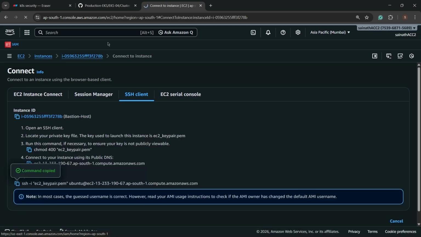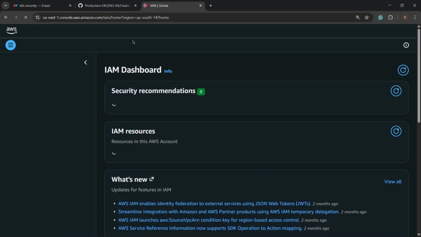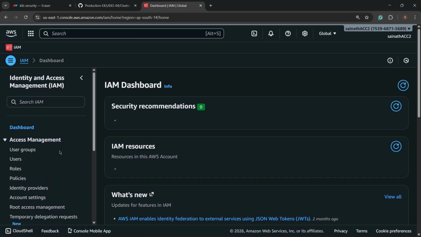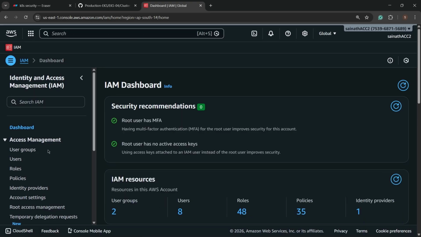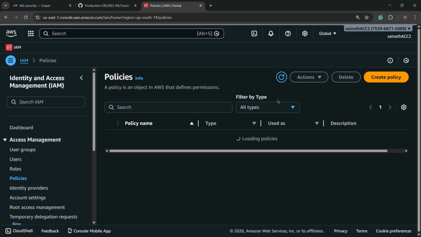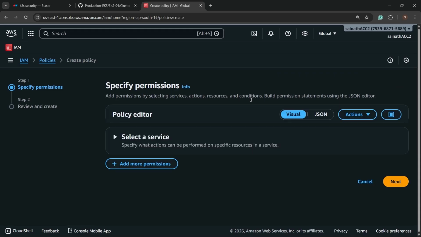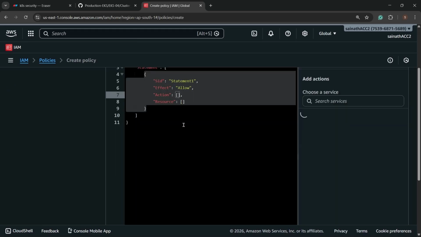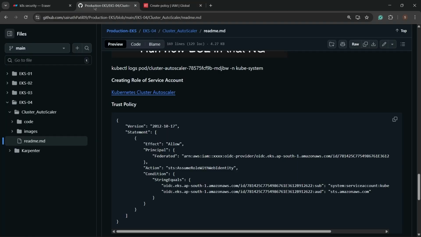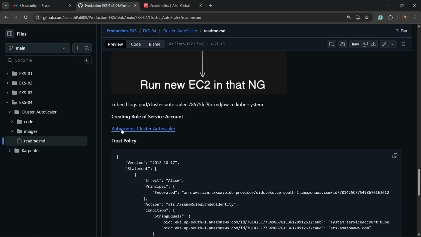Now come to your IAM, and I have already created those roles, but still I will show you how to create that once again. So come to your policy first, create a policy, and come to JSON. We'll directly copy paste that policy, so you can follow that. Come to this Kubernetes cluster autoscaler. This is the official documentation provided by